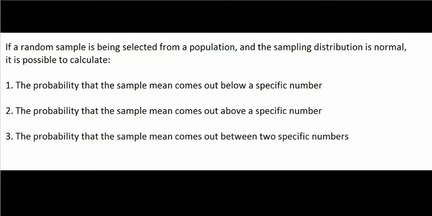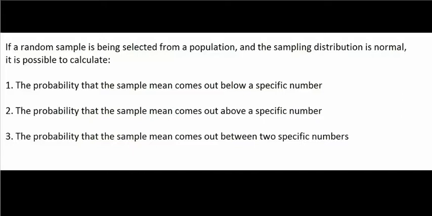So back in that topic, in each problem that we looked at, an individual was being randomly selected from a population, and we wanted to know the probability of that individual's data value coming out below a certain number, above a certain number, or between two specific numbers. In this video, we're going to be focusing on situations in which a group is being selected